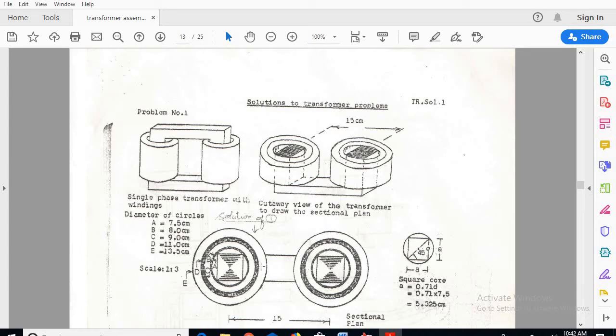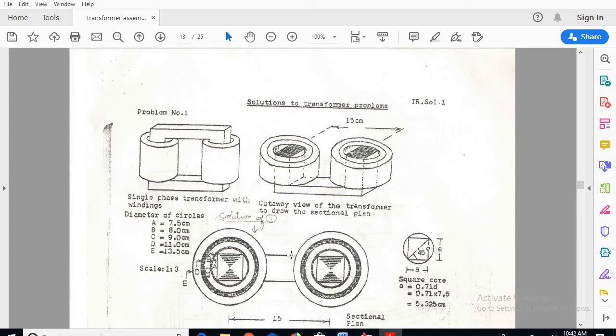Next, the center to center distance, core center to center, is given as 15 centimeters, so draw a line of 15 centimeters. Now if I see from the top view, I can see these two lines, that is nothing but the frame of the yoke. Those two lines can be seen from the plan.